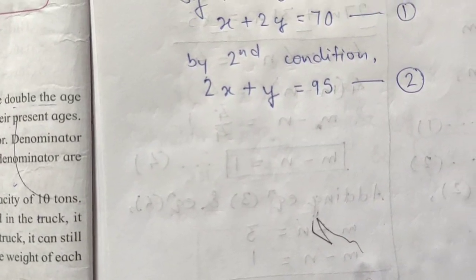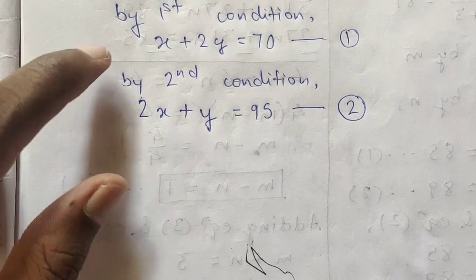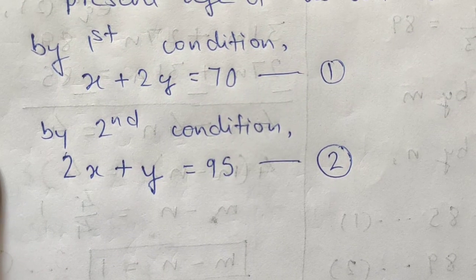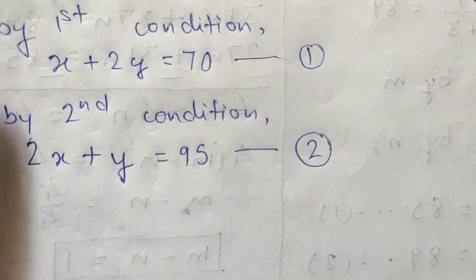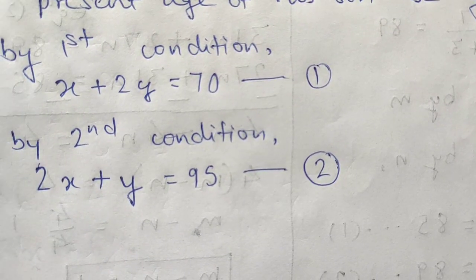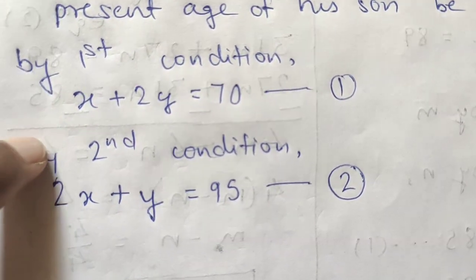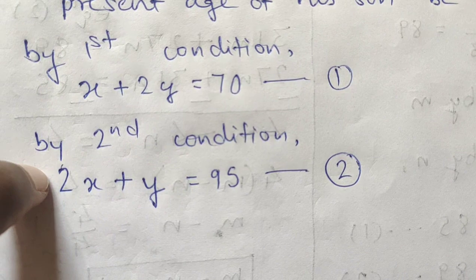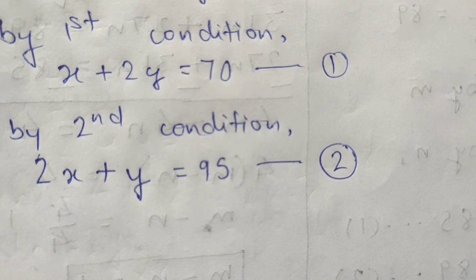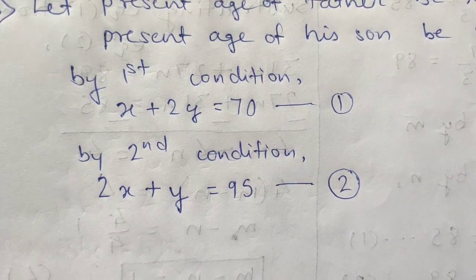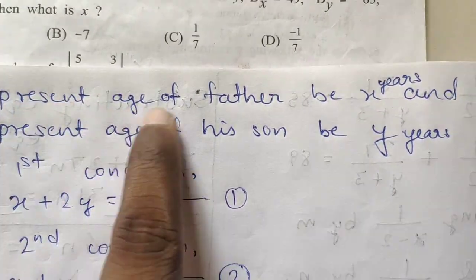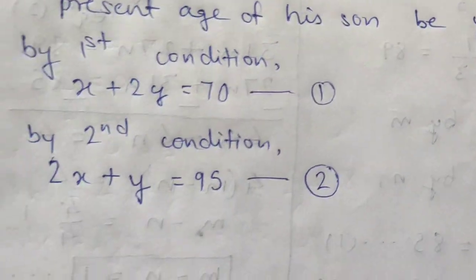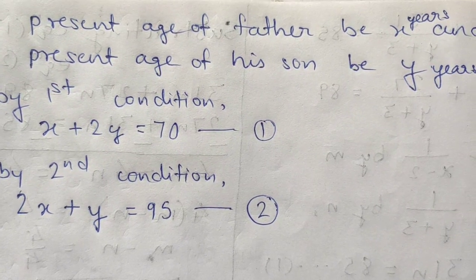Now what is your homework? You have to solve these two equations, equation 1 and equation 2, simultaneously. You can do this by Cramer's rule, okay, if you want, or you can make any of the coefficients the same, and then after subtraction you can solve it. Now it is up to you. So what you have to do, you have to solve it, and you have to get the value of x and y, and after that you will write your final answer like present age of father is whatever you are getting, and present age of his son is whatever you are getting. Okay, so that you have to simplify it and solve it, and that will be your homework.